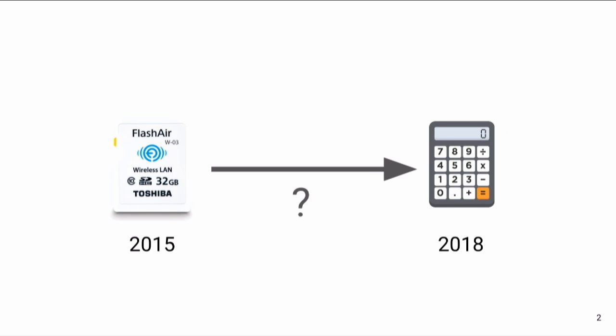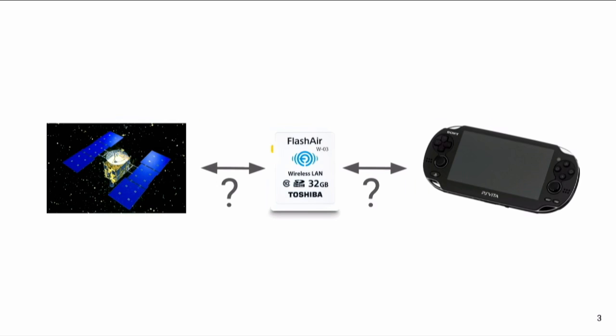And there's a calc here, and why? That's because at the end, the payload will be a calc and will print a calc on the card. On the way to code execution, I will dig into the card details and reveal its CPU architecture and its operating system. And I will explain also what the FlashAir card, the space probe here, and the PS Vita have in common. And trust me, these answers are really surprising.